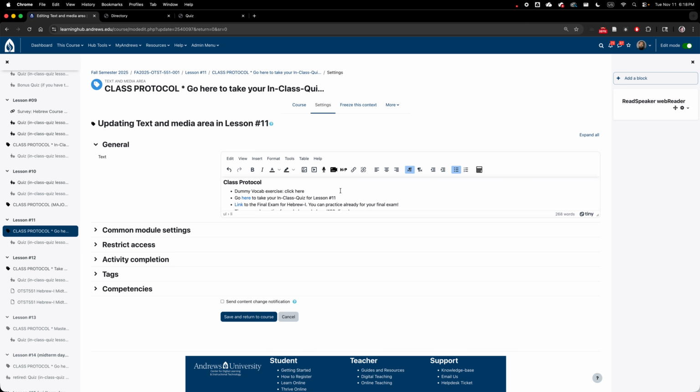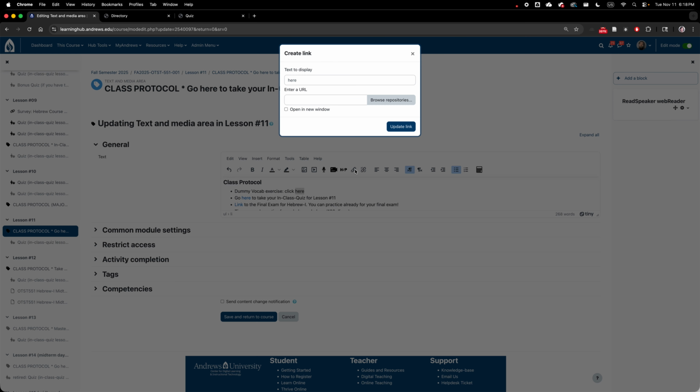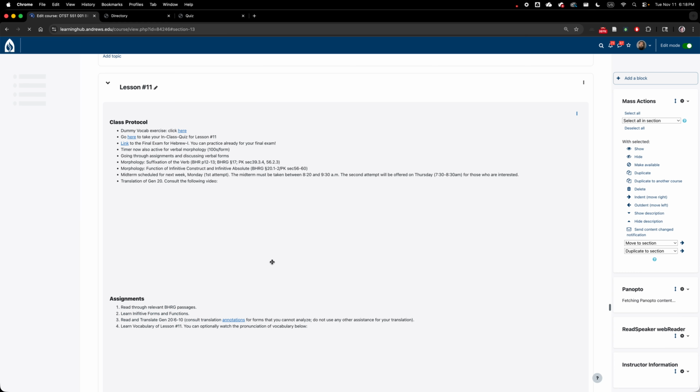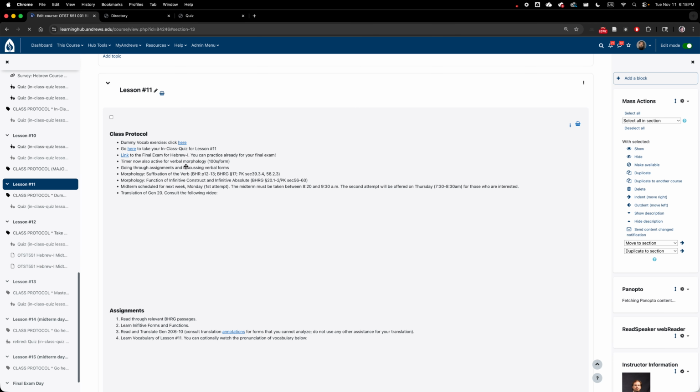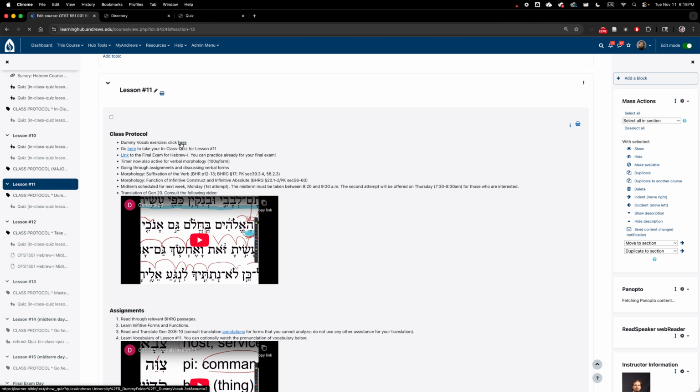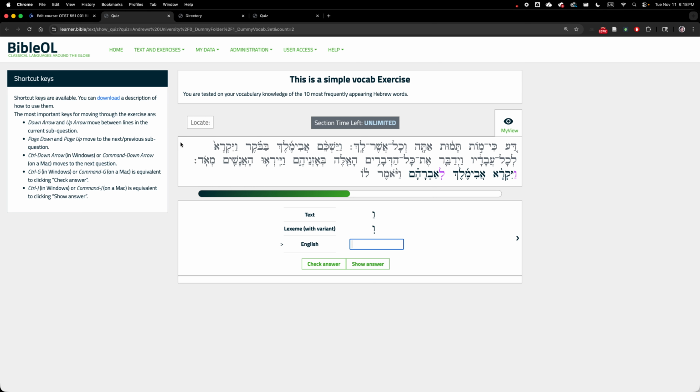Click here. And now I hyperlink that link to here. Open a new window. And now you see we have under here a new hyperlinked exercise available for the student. So the student can now just simply click on here, and once you click on here, automatically the exercise will